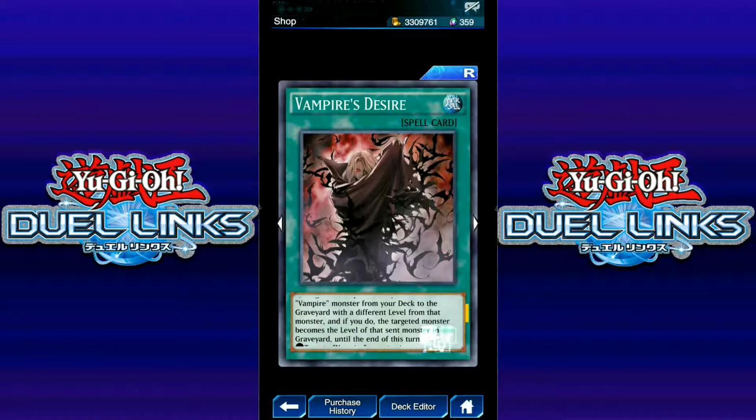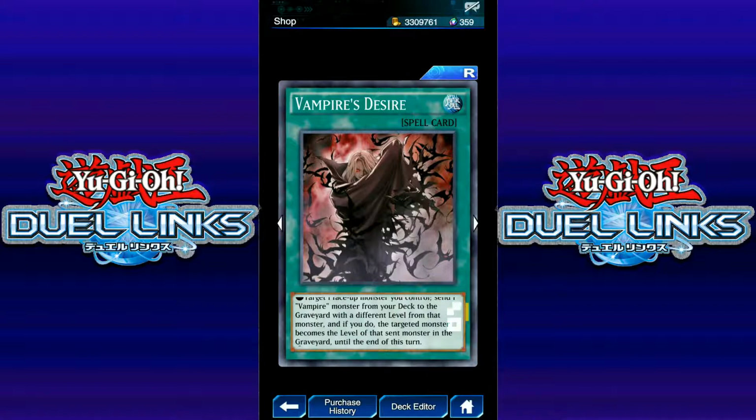So you activate one of these effects. Target a face-up monster you control, send a vampire monster from your deck to the graveyard with a different level from that monster. If you do, the targeted monster becomes the level of that sent monster in the graveyard until the end of this turn. Target one vampire monster in your graveyard, send one monster you control to the graveyard, and if you do, special summon the targeted monster. So,